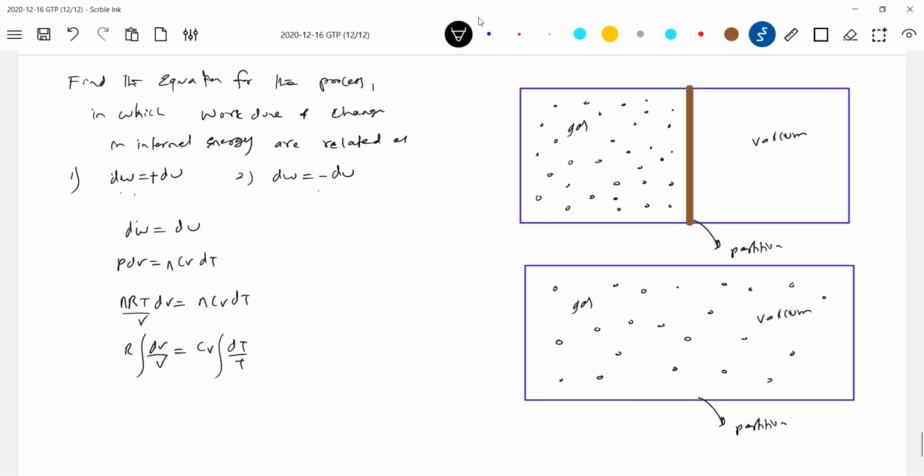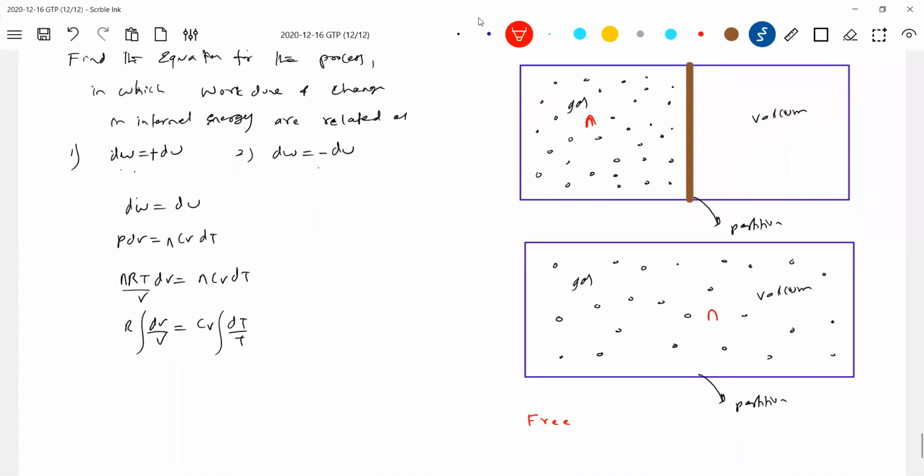The same amount of gas, n moles. What was earlier, n moles was there. Now also the n moles. Work done by gas zero. I'll say it's a free expansion. The gas will undergo free expansion. Okay, let me put all the comments. The first thing is the gas undergoes free expansion. So because of this, what is work done by gas?